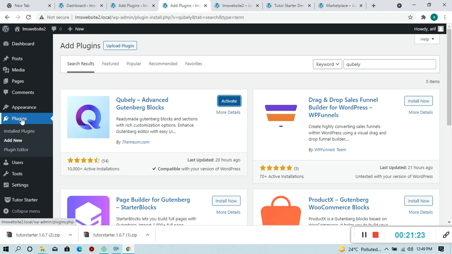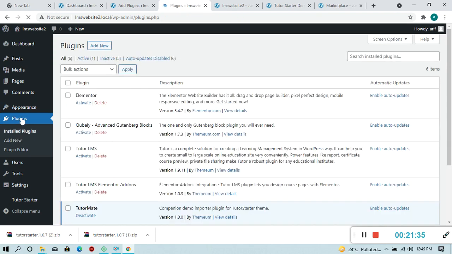Now if you go in the plugin, then you can see 5 or 6 plugins have installed. So now one by one you have to activate, or from here you can activate all the plugins at a time.